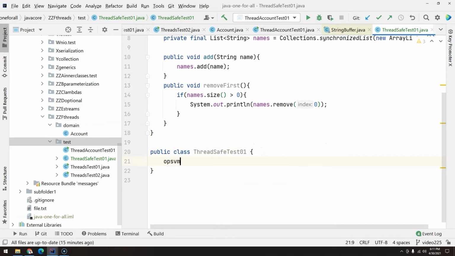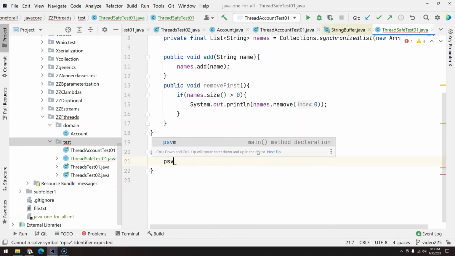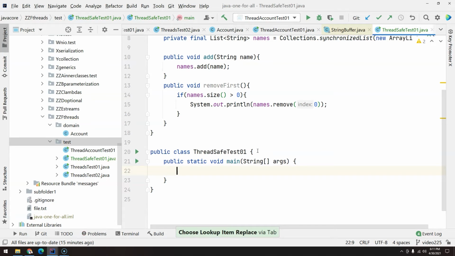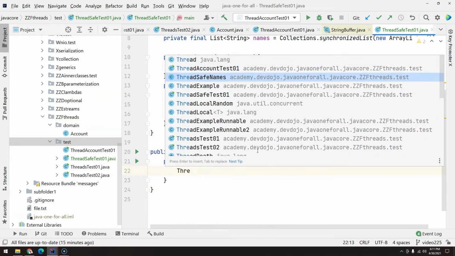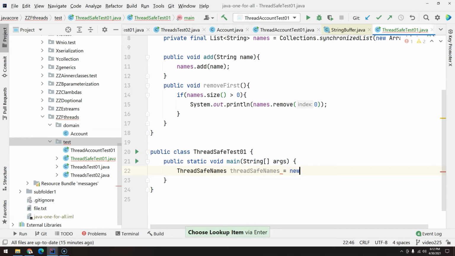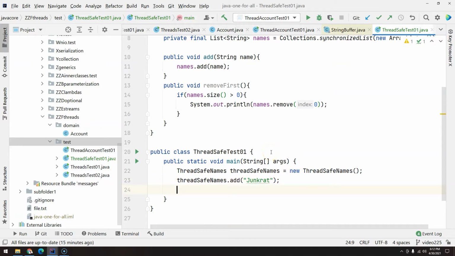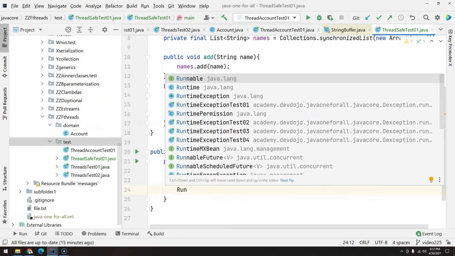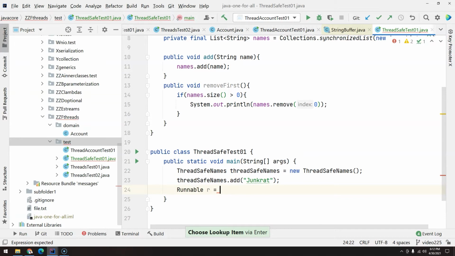Now psvm, and let's start by creating here threadSafeNames, new ThreadSafeNames, and then I will give a name. So threadSafeNames.add, let's add here Junkrat, Prime and Ready, and then I'm going to write a Runnable, but this time I'm going to use functional programming. So we can write here Runnable r, and there are two ways, lambdas or method reference.